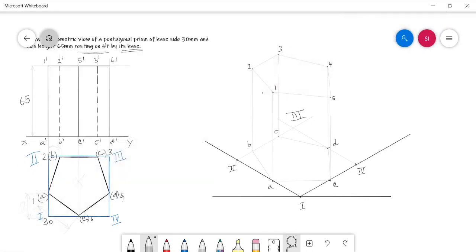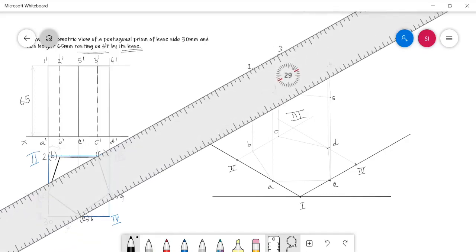In this way I can bring the isometric view of the pentagonal prism here, and after that I need to darken the visible edges only in this isometric view. This can be easily found out by simple experience, what are all the visible edges and what are all the invisible edges when the solid is viewed from this condition.